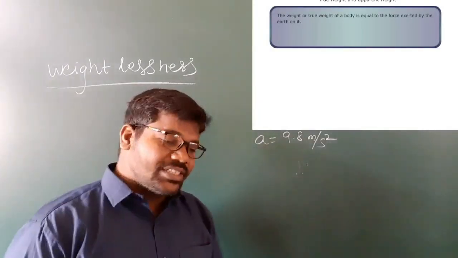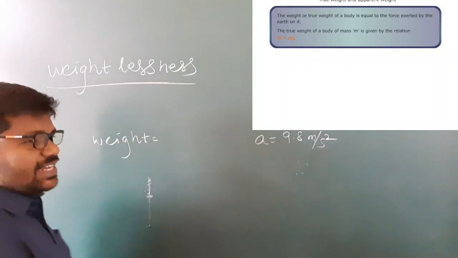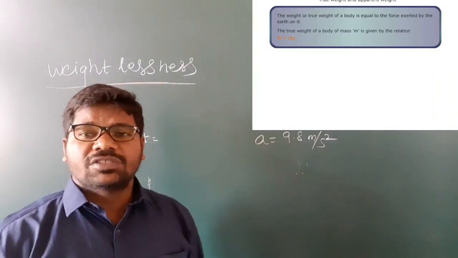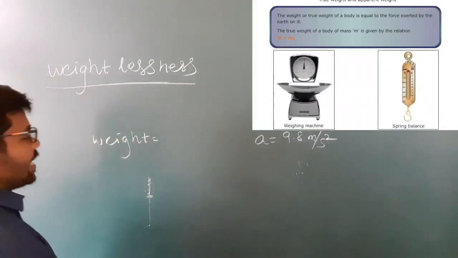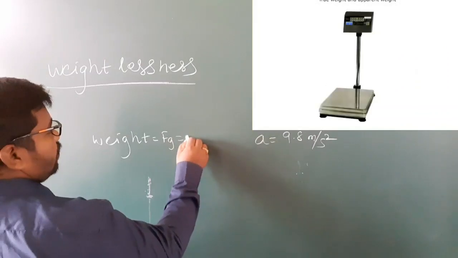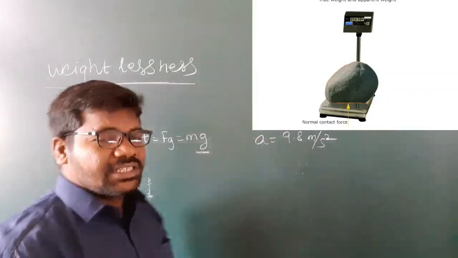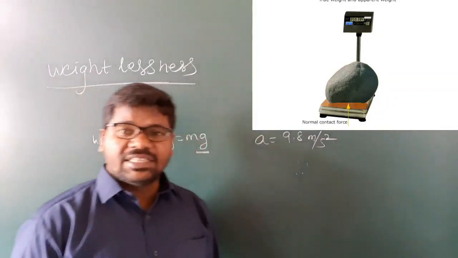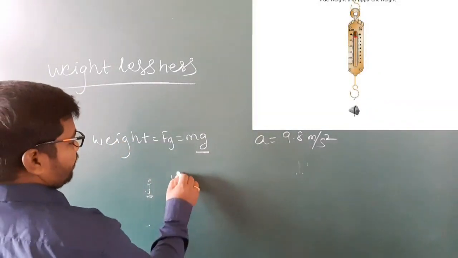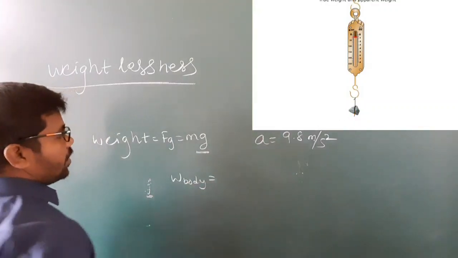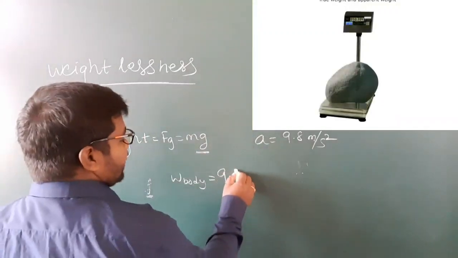Before that, what is weight? Weight is a force due to gravitational acceleration, the acceleration due to gravity. Fg is equal to mg. Because of the acceleration due to gravity, a body gets weight. On the surface of the Earth, the weight of the body is numerically equal to the acceleration due to gravity, 9.8